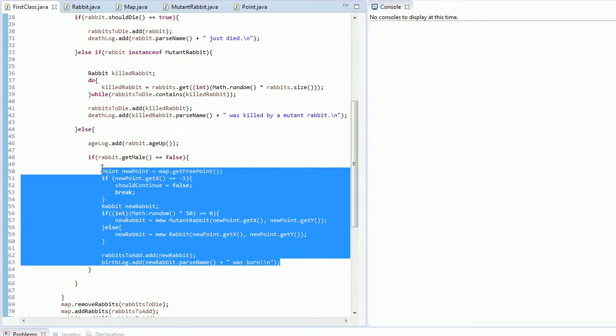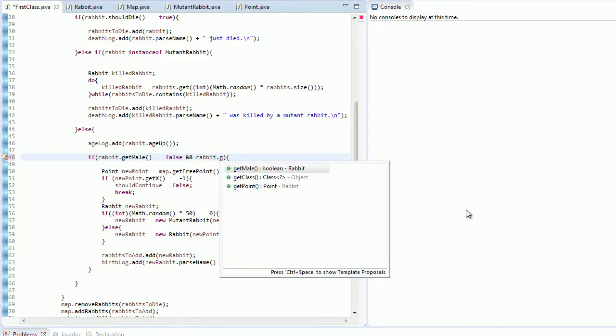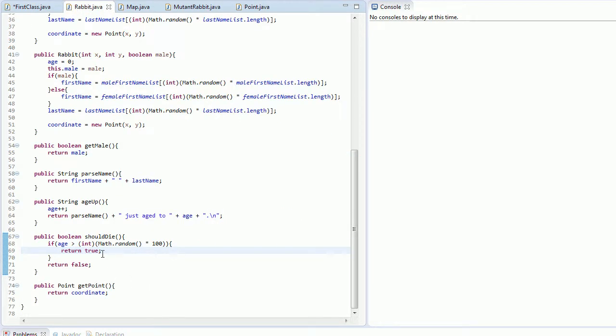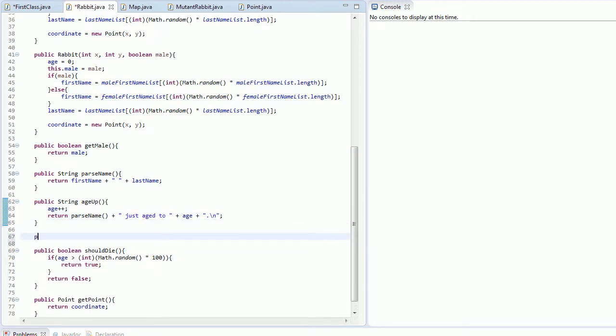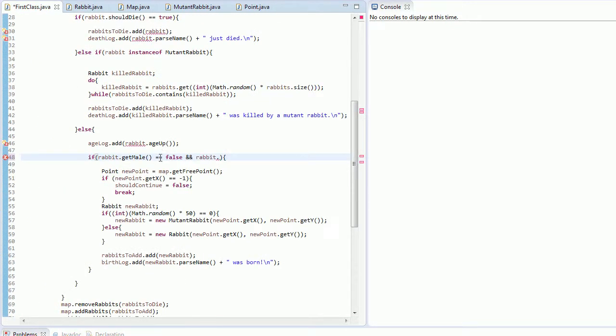So what I have here is I get a new point, and then at this new point, actually I just realized I didn't add the if it's greater than or equal to 2. And so what I also need to do is have and rabbit dot get, oops, I don't have get age. Guess I might as well just add that now. So, public int get age and return age. So what I'll do is and rabbit dot get age is greater than or equal to 2. Remember that the rabbit has to be female and greater than or equal to 2, and if that's true, then